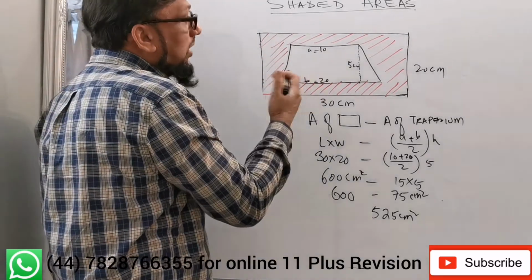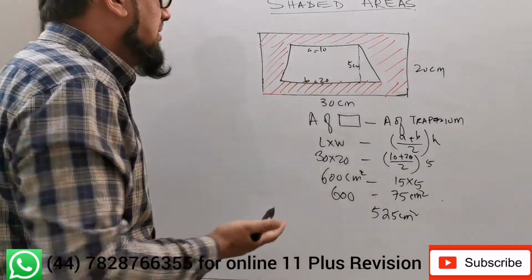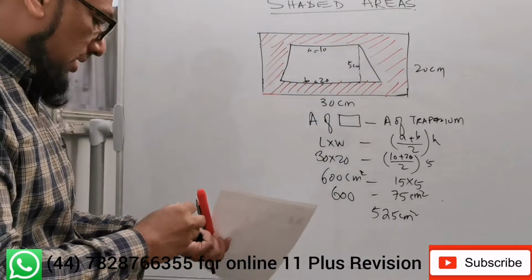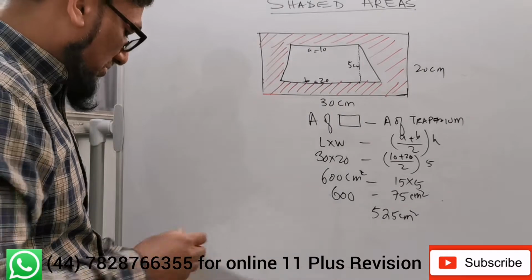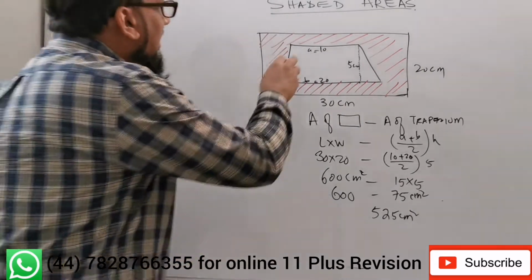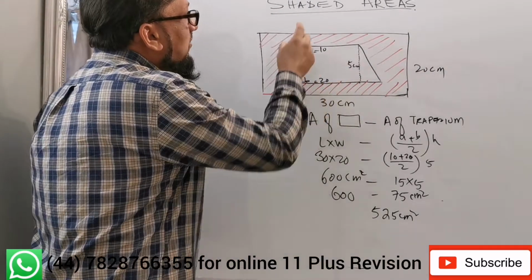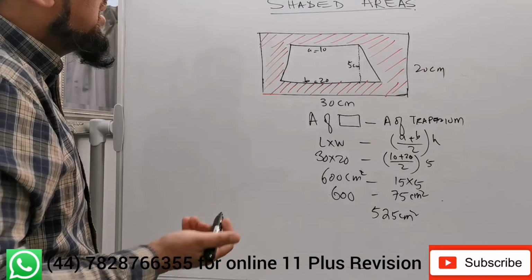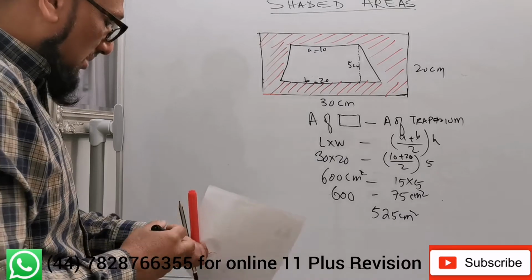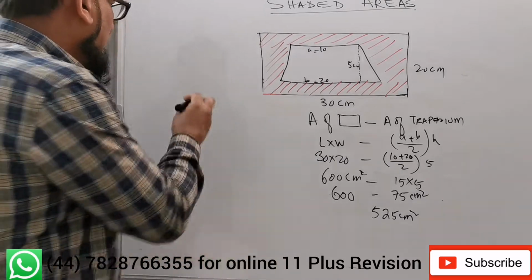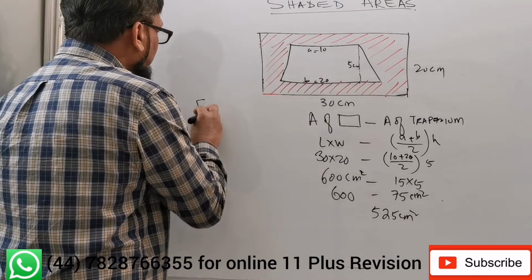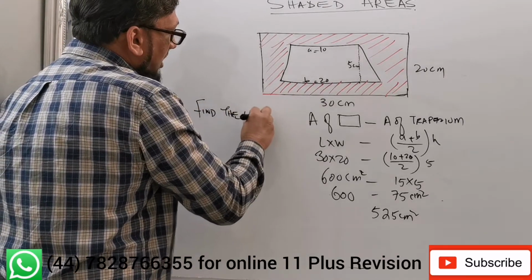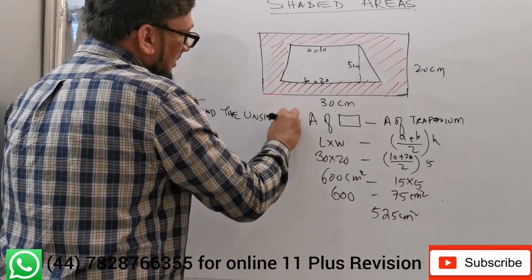But it depends. If, for example, they are asking about the shaded area, they may confuse you. If I ask you the same question, but ask you to find the unshaded area, look, it is very easy and very simple. So you need to understand the question. If I say find the unshaded area,